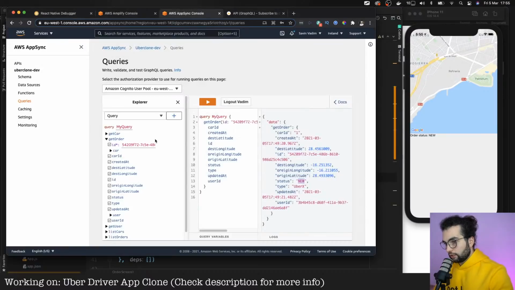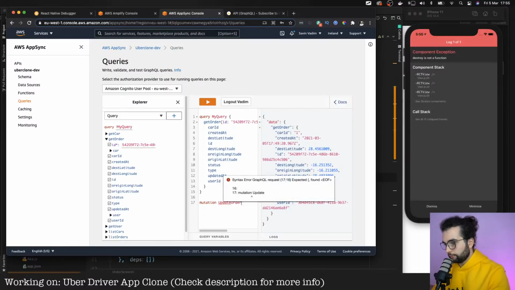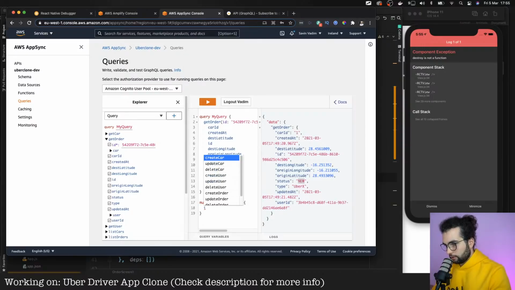Let's try to update the status and see if we get the notification. Update order, the input will be ID, this ID.